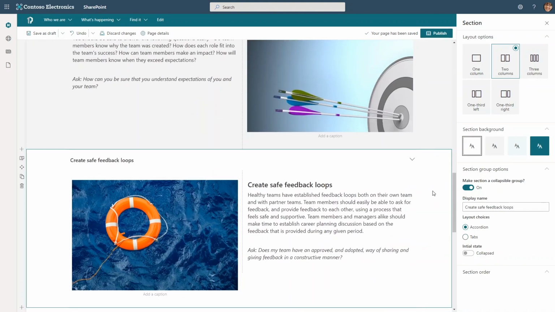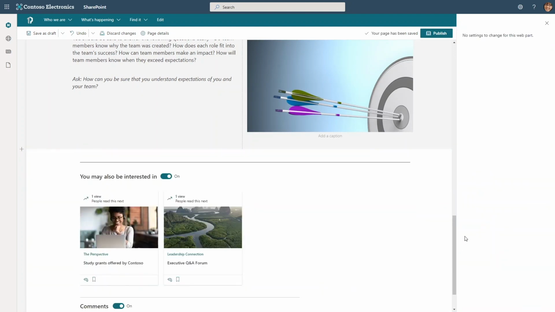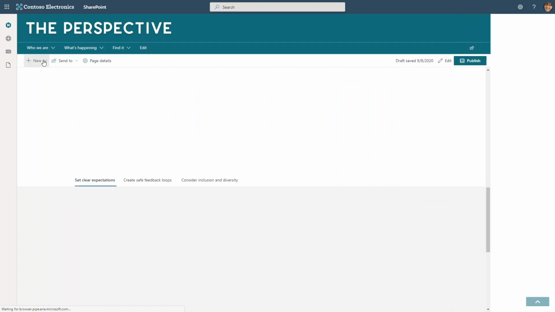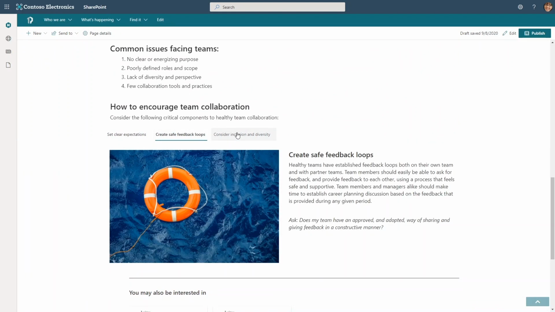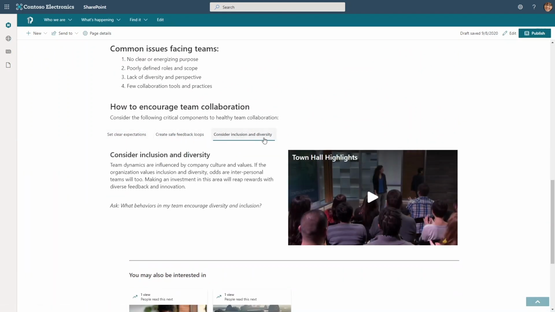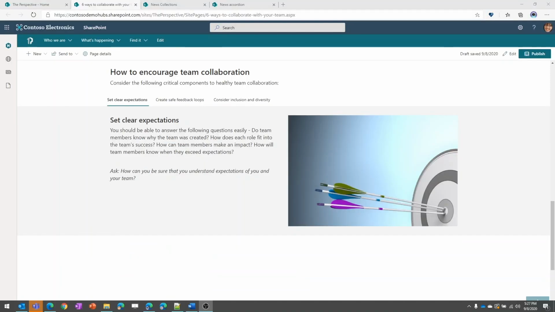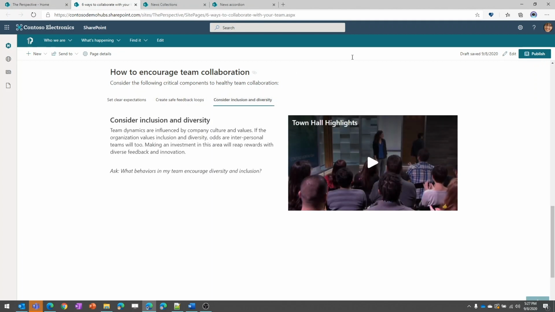I'll come down here and I'll apply tabs. And on the last section as well, I'm going to add tabs. And what we've got is tabbing across the top. So I'm going to save my draft. And as I come through on the page, we see I have very clean content here in a much denser format. So let's not just think about it in terms of text and images as we do here,